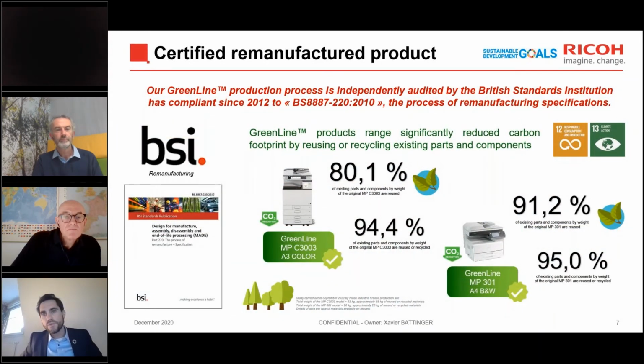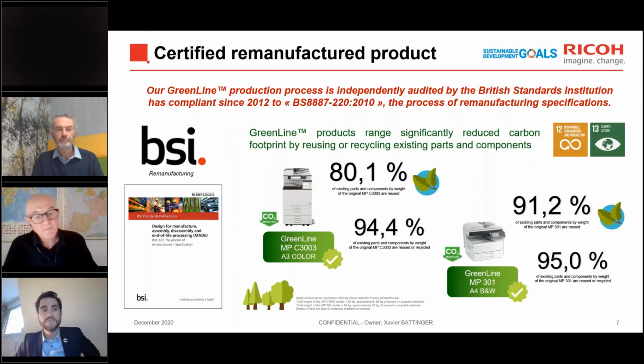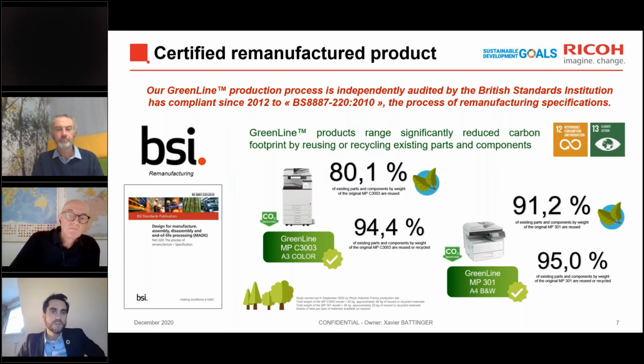So I will give you just three inputs on our activities, and I will start first with one of our main products, which is Green Line. Just to emphasize the fact that our Green Line production process is independently audited by the BSI, the British Standards Institution, as compliant since 2012 to the BS 8887-220:2010, the process of remanufacturing specifications. This is important evidence for a customer to prove that we've got a comprehensive